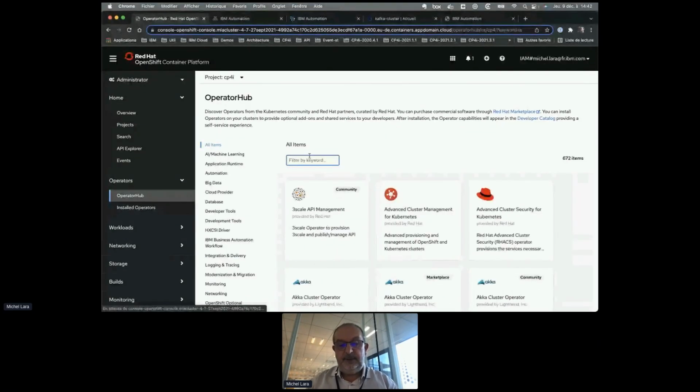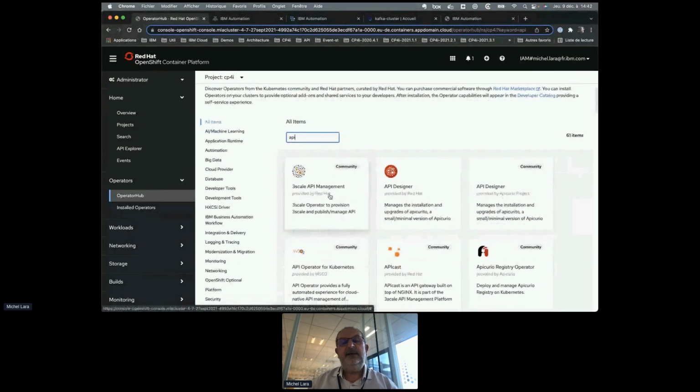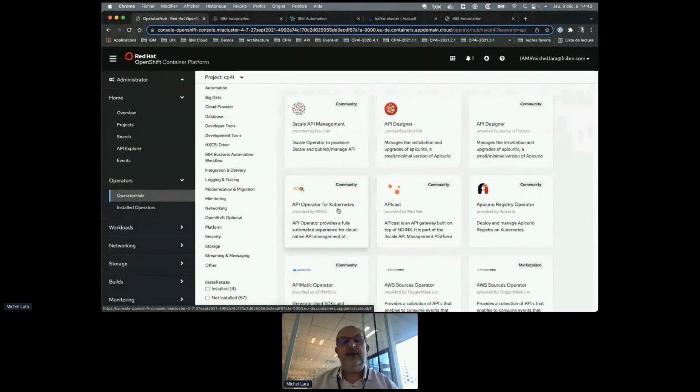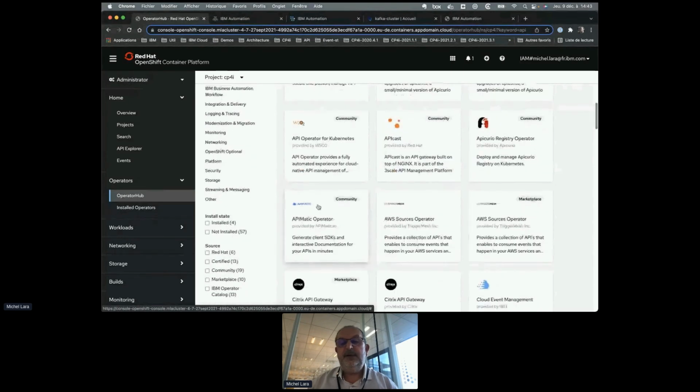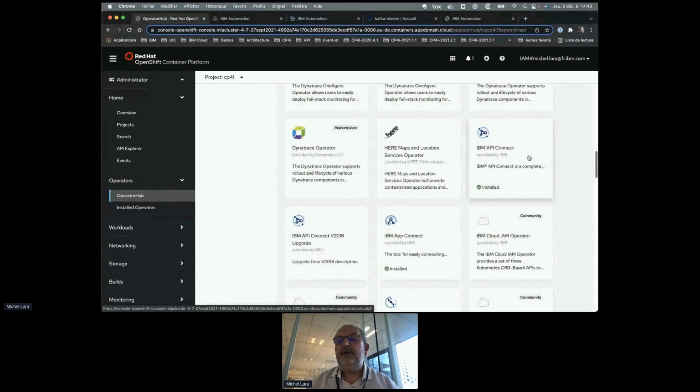For example, if I type API, you can see 3scale, the Red Hat API management solution. You can see different solutions here, WSO2, as you probably know, lots of API solutions, and of course, you have IBM API Connect installed.